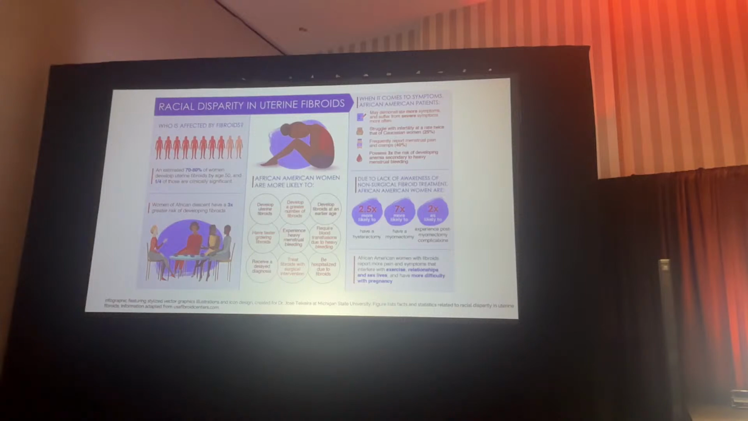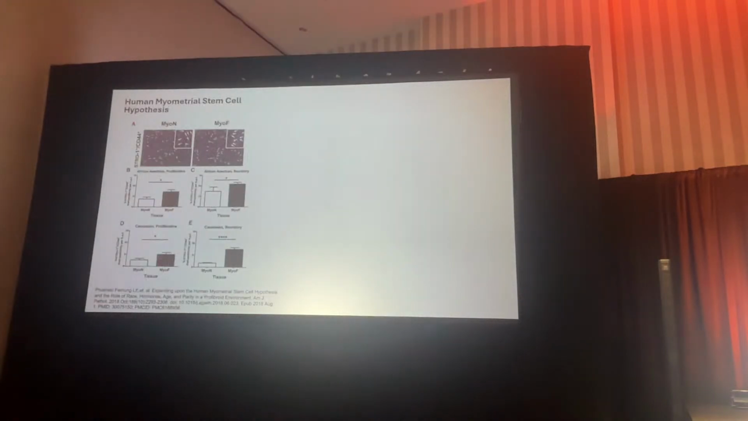The question is, why? Why is this going on? This human myometrial stem cell hypothesis suggests that there's stromal mutation of these myometrial stem cells. This is an older study, but what you can see here is in Black women, you have more of these stem cells in the myometrium where there's fibroids, versus white women, although they exist in both, and the percentages are higher. The other thing you find is that there are relationships to hormone impact, so proliferative versus secretory parts